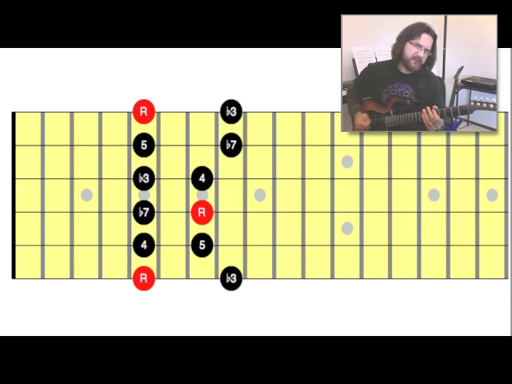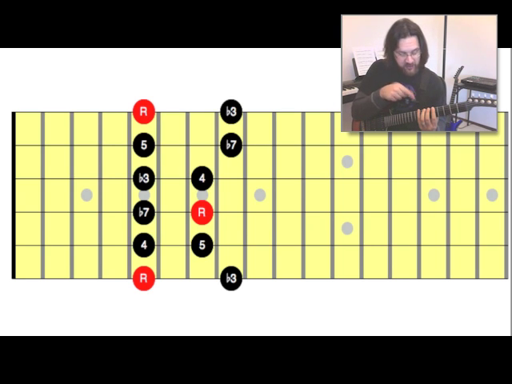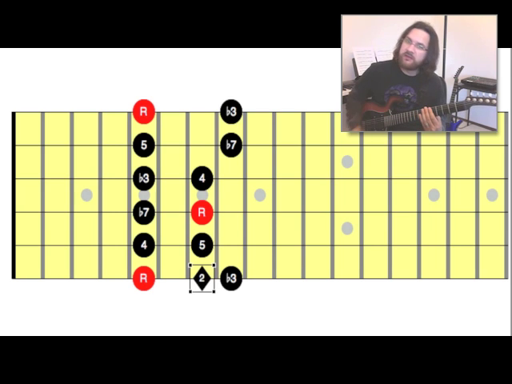I've got my root on the 6th string, which is A, 5th fret. Major second is going to be found on the 6th string, 7th fret. That's one of the additional notes that we added to the minor pentatonic scale. Minor third, 6th string, 8th fret. Moving on to the perfect fourth, 5th string, 5th fret. Perfect fifth, 5th string, 7th fret. And then the major 6th, which is one of the additional notes that we're adding to